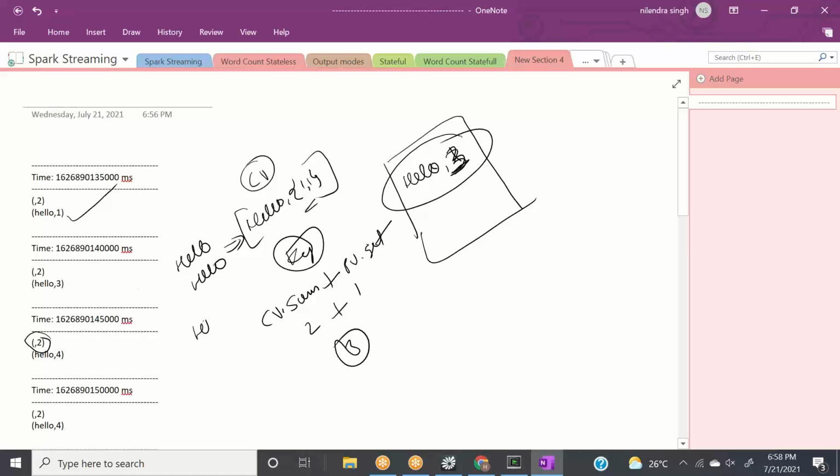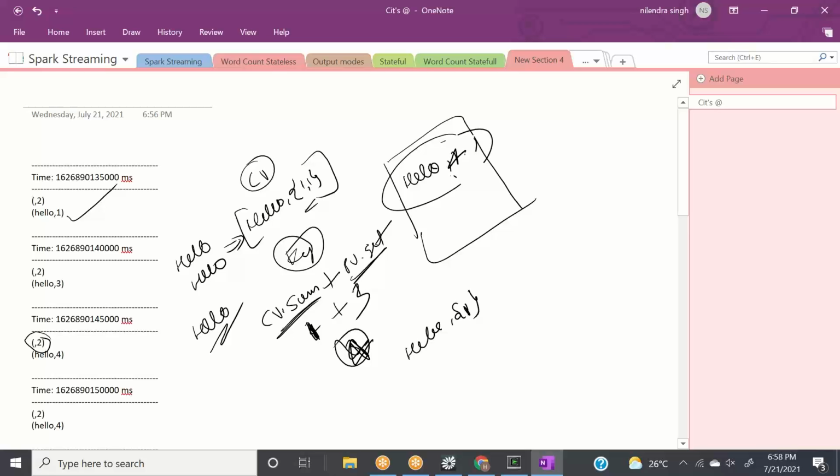Now we gave hello one more time. So in this case, what it will do? Hello, comma, just 1, and then 3 here. So it will say current value dot sum and previous value dot get. In this case, current value dot sum is going to be 1. It will pick up this previous state from here. It will be 3 and it will be 4. So this 4 will be updated here again. It is working like this, and this is the whole program. So what we can see here is that the functionality of our update function is very crucial here.